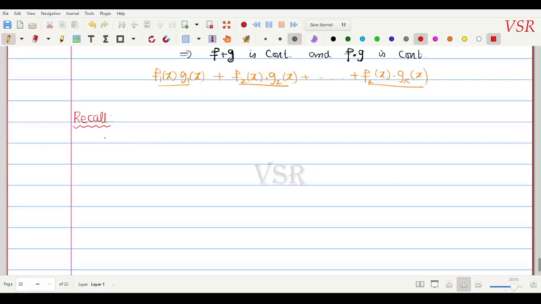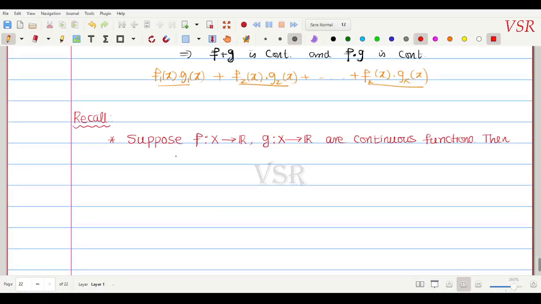Suppose f is a function from X to R, and g is a function from X to R, and both are continuous functions. Then